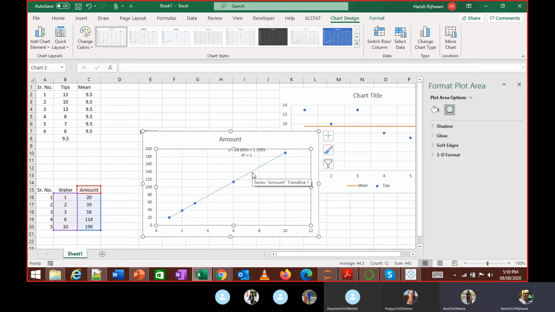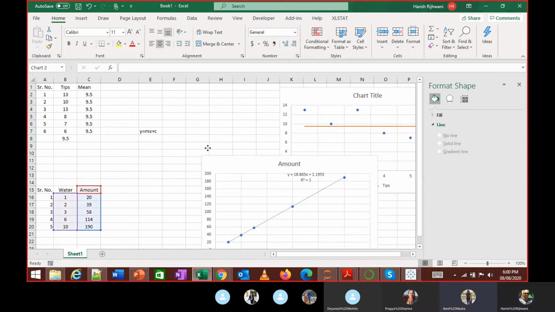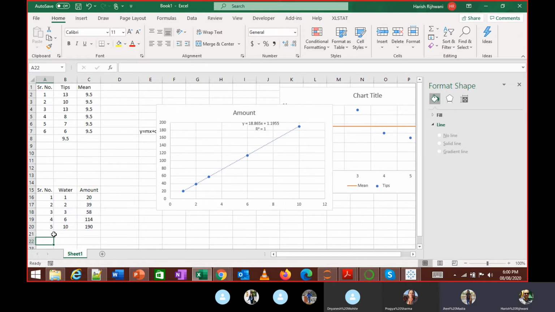Now if I slightly change this and say that all the amount is the same, if I say that I bought 1 liter of water for 20 rupees and I bought 10 liters of water also for 20 rupees, but this was in 5 different years, and then if we plot, what will we come to know with regression? That price is not changed because of that. That means, will there be any relationship between my two variables or not? So let's put some data and check.